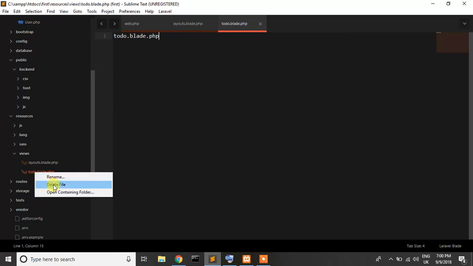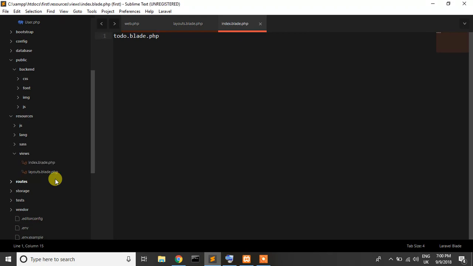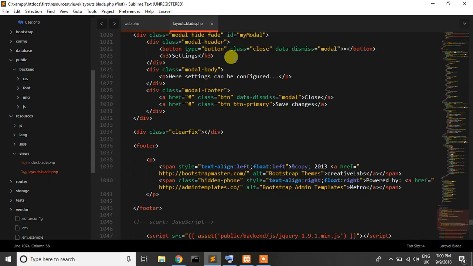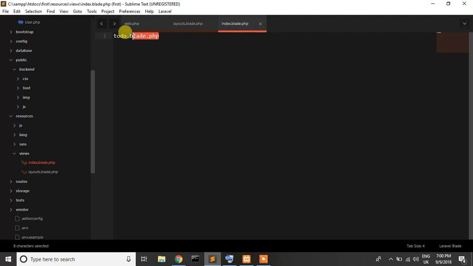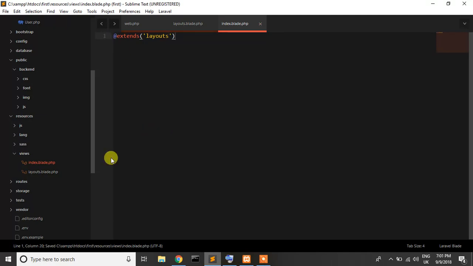So now rename it to index.blade.php. Okay, so now we extend layouts. Okay, now